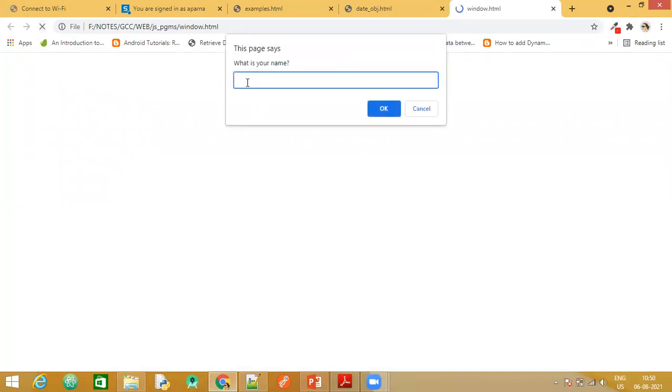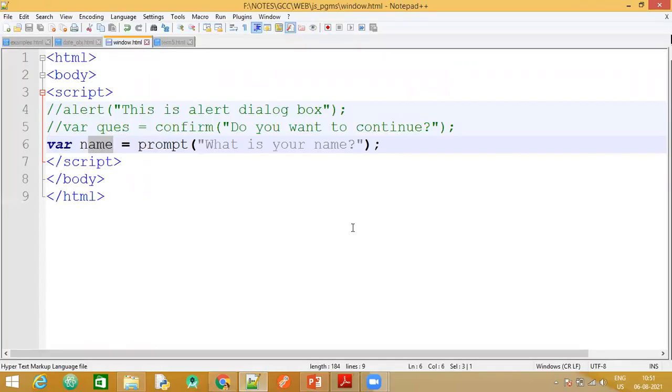So you can see here, this is the message that I had passed in the prompt method. Another one is the default text. If you want some more additional messages, you can add them, but that is optional. This is the text box that the prompt dialog box or the prompt window automatically gives you. Now if I enter my name here, that will be stored in the variable name. Again, I have two options. I can click OK or I can click cancel. So these three are the important JavaScript window dialog boxes, and you can expect questions on these in your exams.